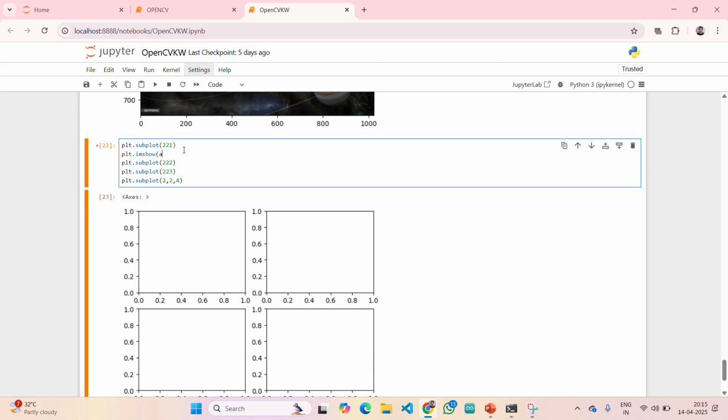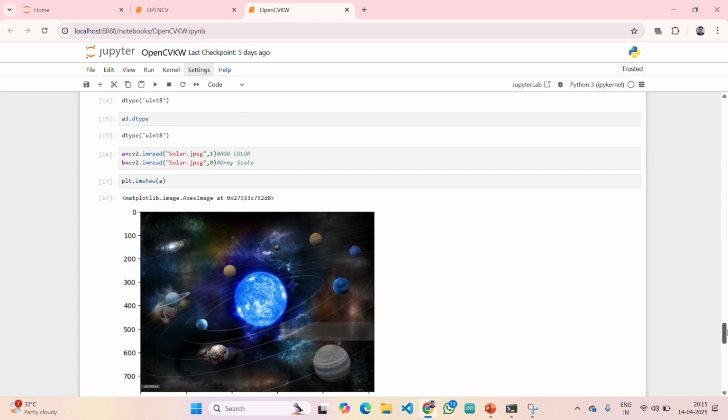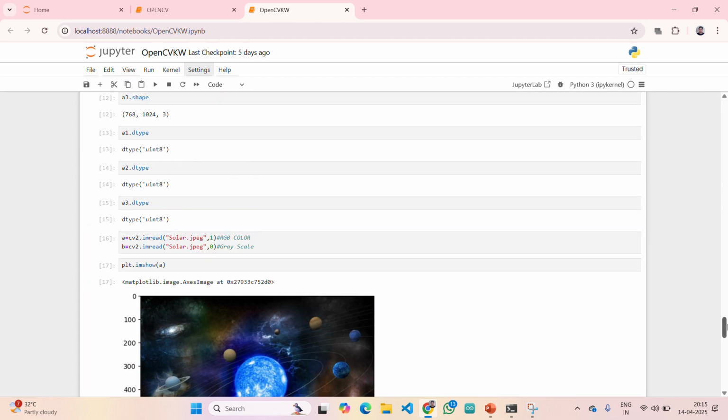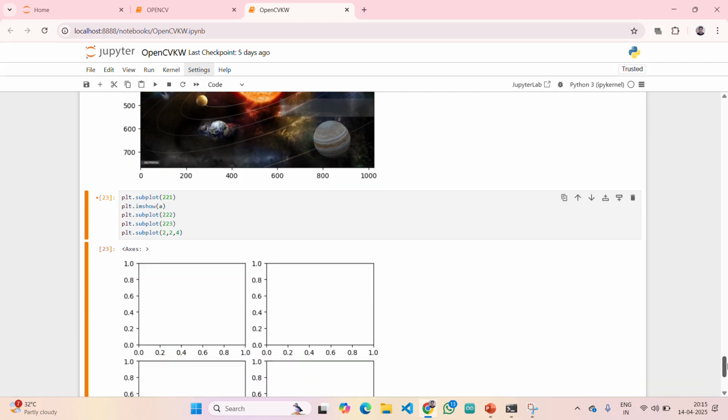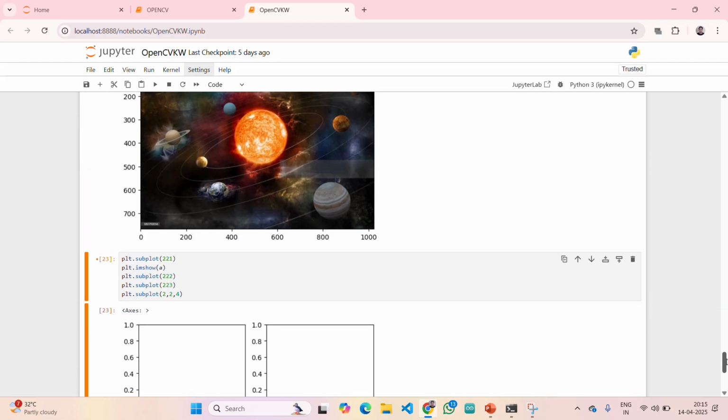I am showing A. A is nothing but which image? Our actual image, our RGB, nothing but the BGR image is going to be printed. Then next,